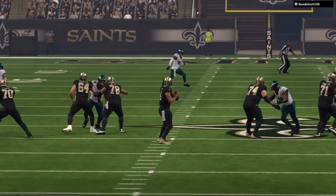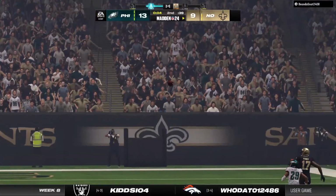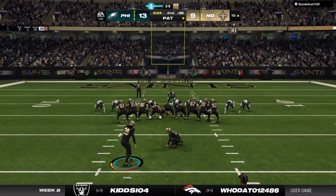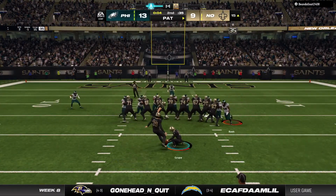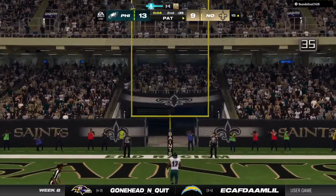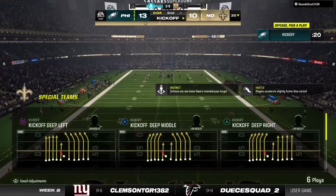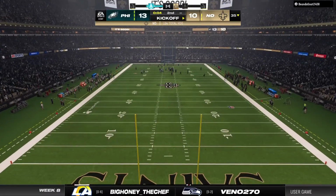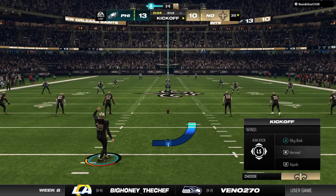Saints are able to cut into this lead in the final seconds of the first half. Terrific. Touchdown. I know we've got a game now. Yeah, I think anytime you go to the second half down just 1 or 2 scores, you feel not where you want to be, but in a pretty good spot. And I think for most teams, when they go into the half in this situation, it's not a lot of adjusting going on. It's much more, all right, guys, let's just play a little bit better than we did in